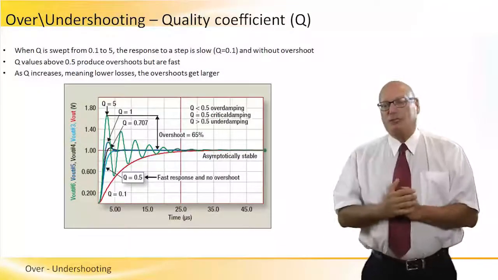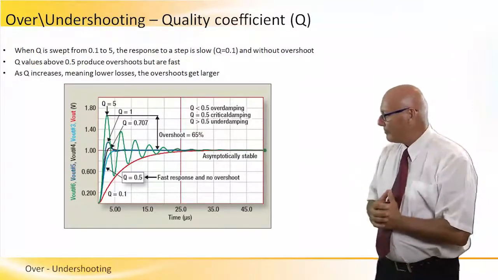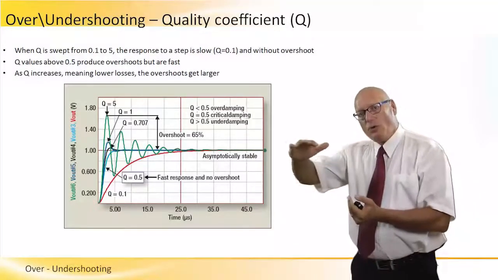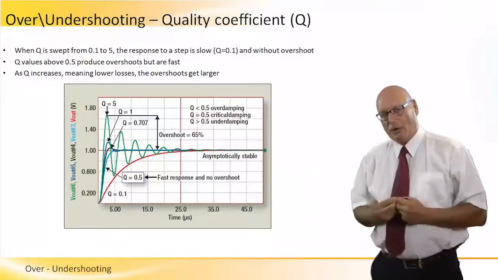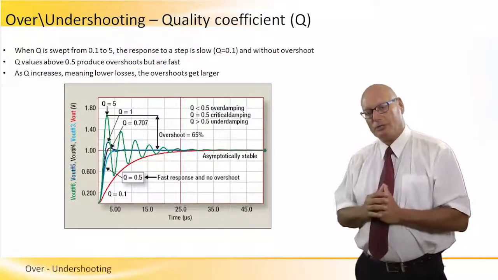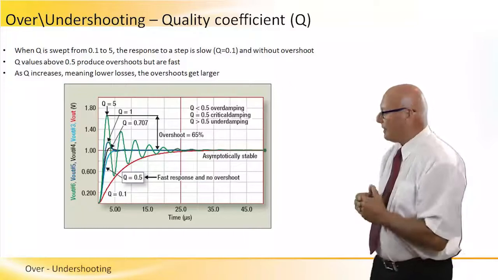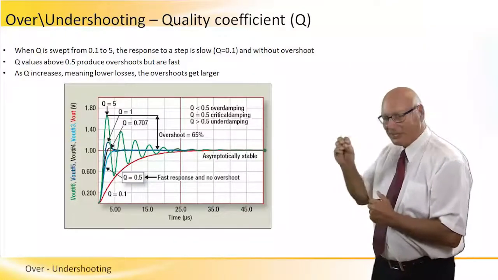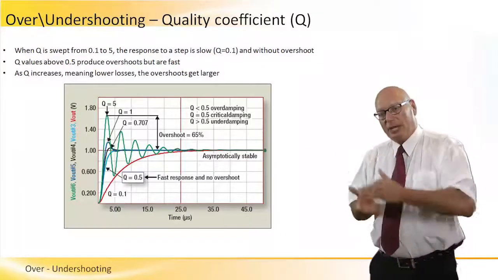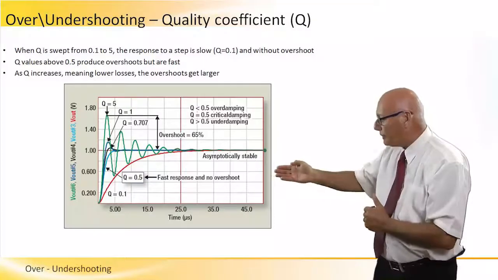And when it comes to overshoot and undershoot, there's something called the quality coefficient, Q. Let's look at the graph. Q equals 0.1 means we have a slow, gradual process of movement from point A to point B. This is the red graph. No overshooting, no undershooting, a very smooth one. When Q is equal to 5, and this is the green graph, we have the maximum overshoot and the maximum undershoot. It will stabilize and we will get to it, but far after we go to 25 microseconds